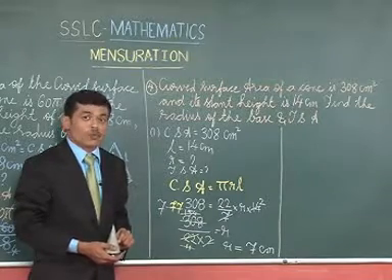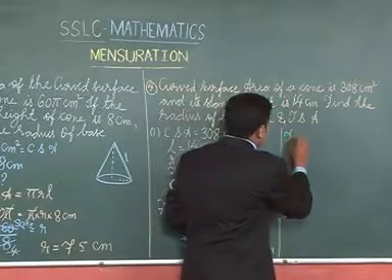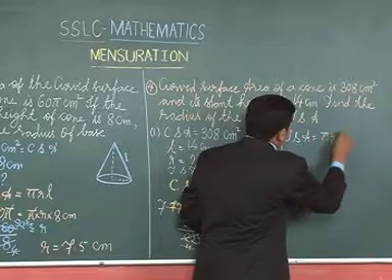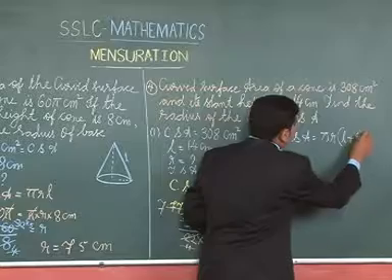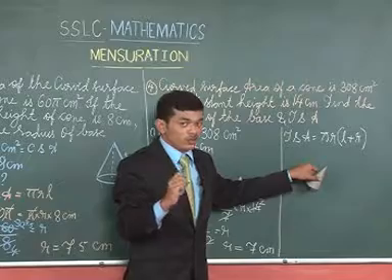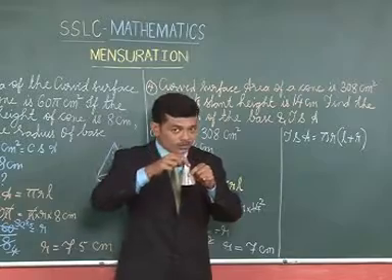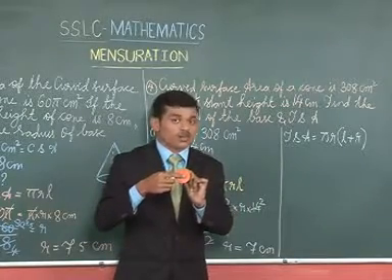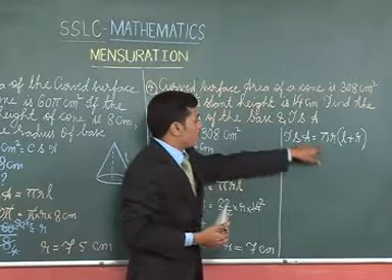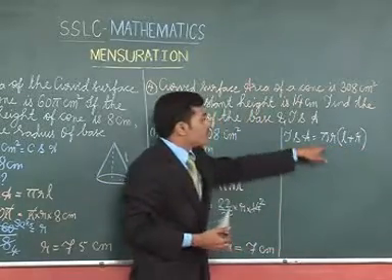Now to calculate this, we have a formula. What is it? Yes, the total surface area of a cone is given by pi r times L plus r. So this is the formula to calculate the total surface area of the cone. Here the total surface of the cone includes the curved surface of the cone as well as the base, which is circular. So the formula to calculate the total surface area of the cone is given by pi r times L plus r.